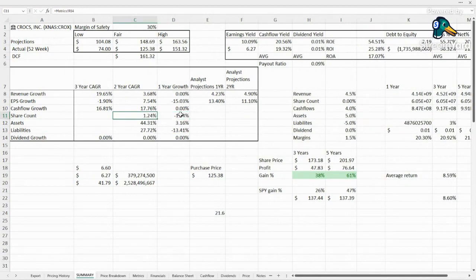They had issued some shares, then they started buying them back. So assuming that they're flat in the original thesis, if they continue buying them back, I feel like 0.5% is pretty fair. There you go. You get another about 0.5% worth of growth there. And now you're looking at beating out the market pretty well in the 3-year, 14%, and in the 5-year, beating it out by 18%. My biggest complaint here is this debt level, and if they can continue paying that down